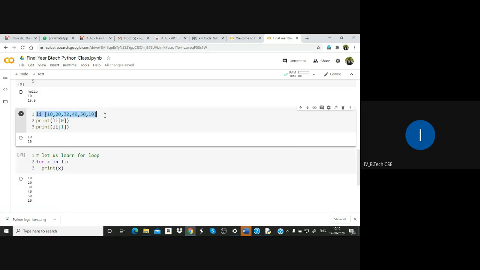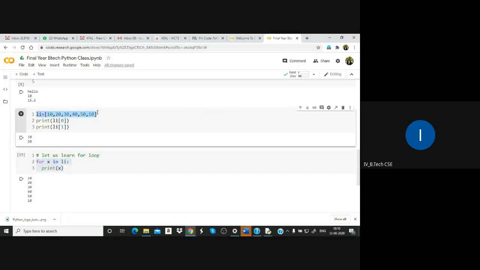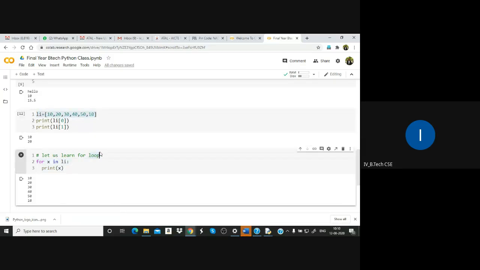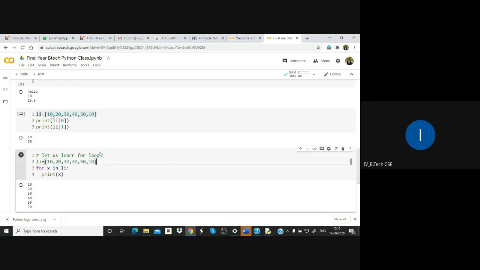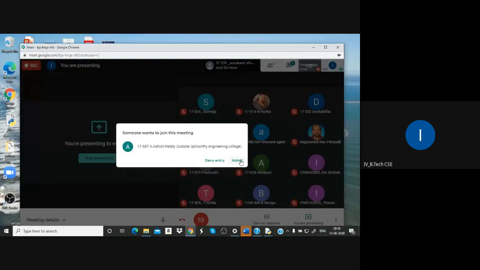Here is the list we created. You can copy this list and put it here itself, because this forms a complete program. So 3 lines are required. So this is the complete program, how to traverse through a list using for loop. This is the mechanism, how for loop will work. For is the loop which will repeat the given set of statements for n number of times.